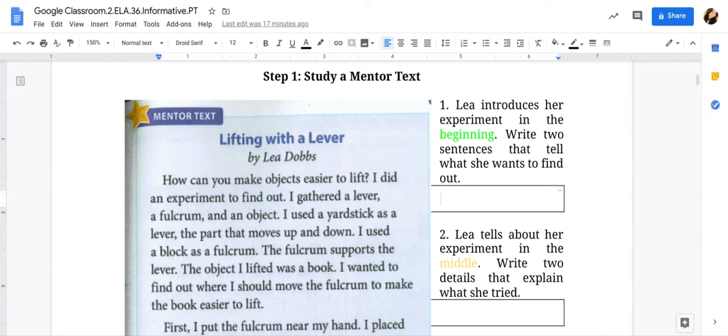Awesome. Did you put make objects easier to lift? I know that's one of them. So we can say she wanted to find out. So we can say the first sentence is